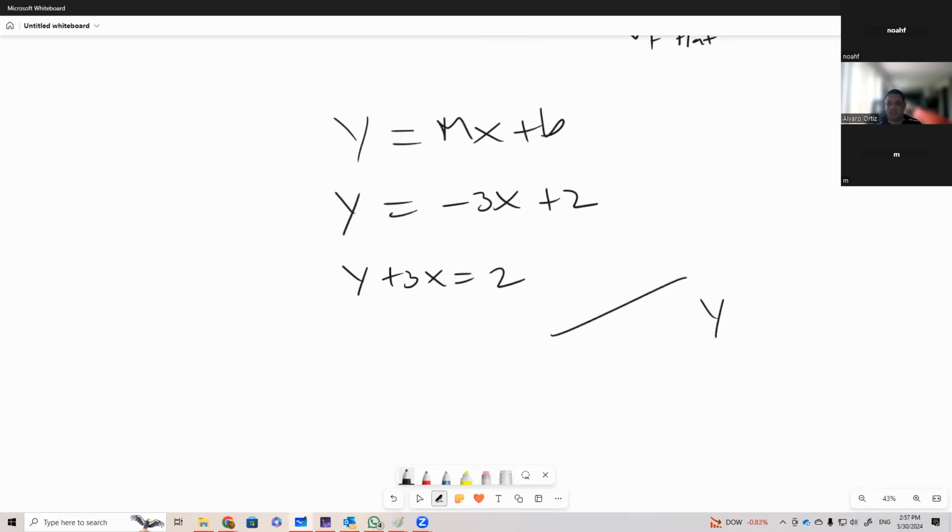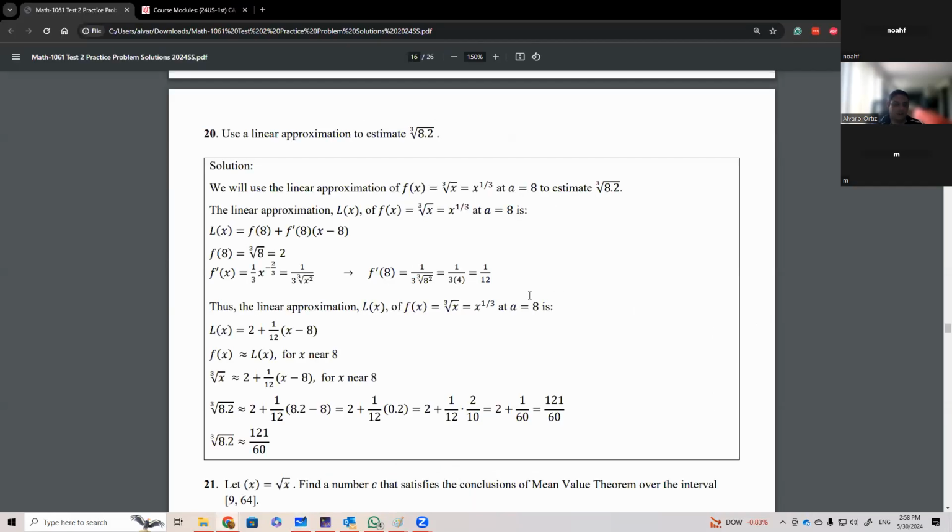But if you have something like this, it is not a linear approximation because it has a quadratic term, it's not linear. So if they give you the choice to pick something that should be the linear approximation, make sure that it's always a line, never something different from a line. Okay, so if you get something like this, it's not a linear approximation.